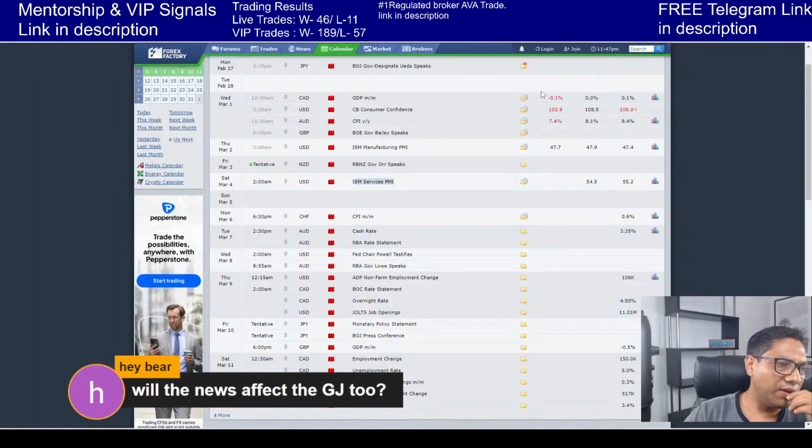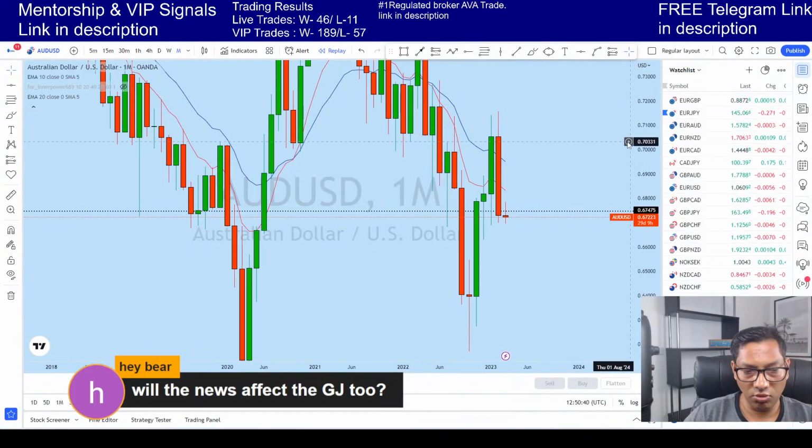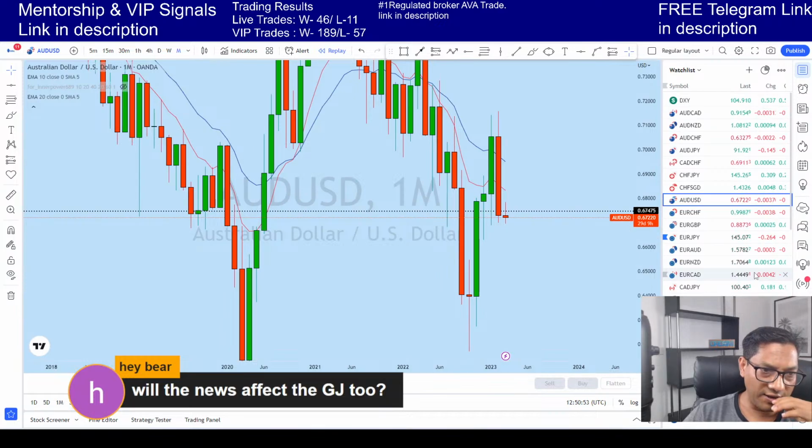USD may not affect that much. Okay, normally NFP affects every instrument, but USD news, this one ISM service PMI may not affect GJ, but there is volatility in every instrument. Normally when USD news, there is always high level of volatility in all the instruments. There is a reason behind it. The reason is very simple, is that